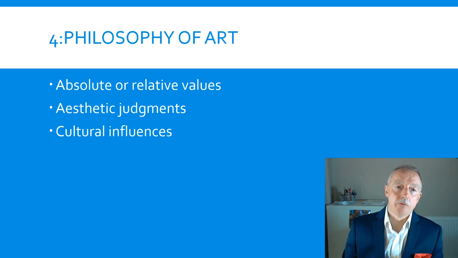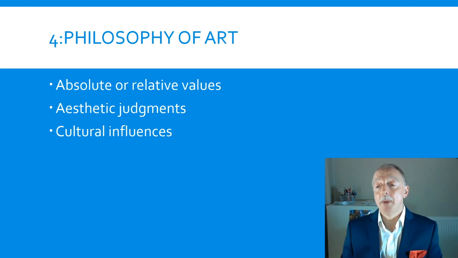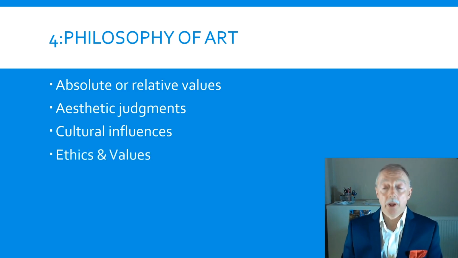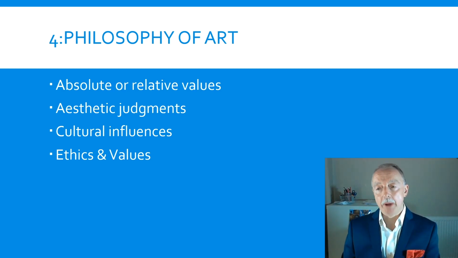Next, in the context of the philosophy of art, you've got to look at cultural influences, and those vary from society to society and from time to time, over periods of time as societies change. And then of course the last but important element around the philosophy of art and the nature of aesthetics is ethics and values, because it's all about what you should, what you can, and what you put on in terms of value, in terms of absolute or relative values, in terms of beauty and what is tasteful. And in a nutshell, that is what philosophy of art is all about and aesthetics is all about.